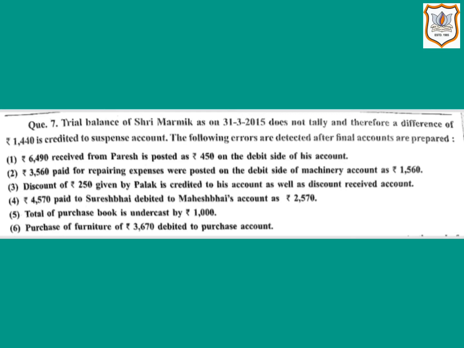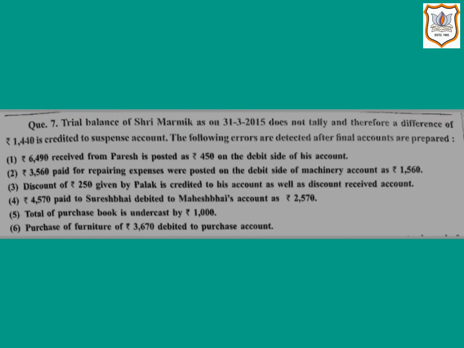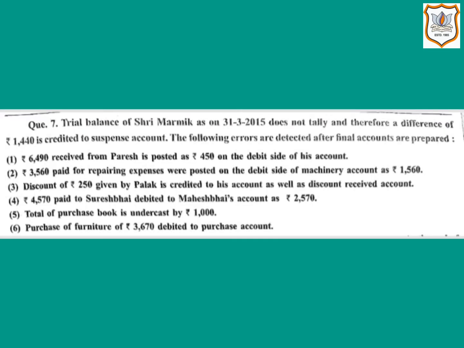First, in case of errors not affecting the trial balance, or two-sided errors, they are rectified by passing a journal entry without involving the suspense account. It has already been discussed earlier in this chapter. And second, in case of errors affecting the trial balance, or one-sided errors,